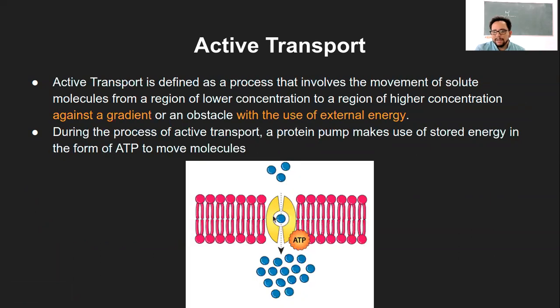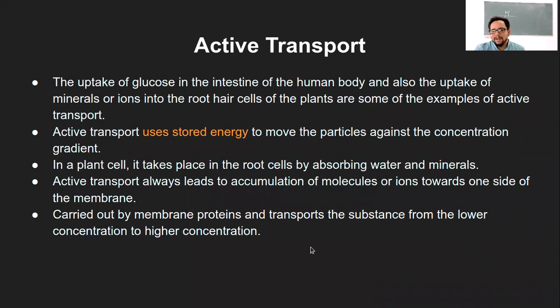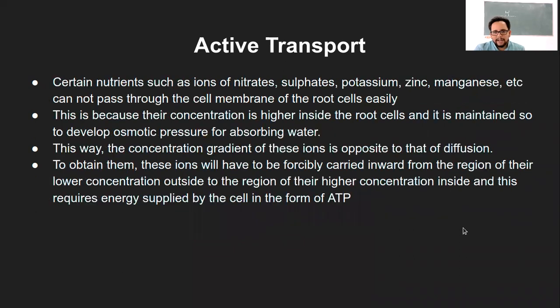In the earlier slide, we had seen this yellow thing is nothing but a membrane protein, which is located at the membrane. And like I said, it can be a single protein or a complex of various other proteins, and that will actually carry out the process of active transport and will transport ultimately the substance from lower concentration to higher concentration. That is the active transport.